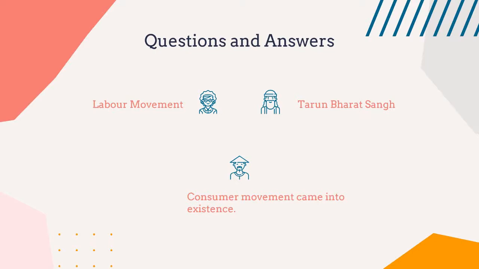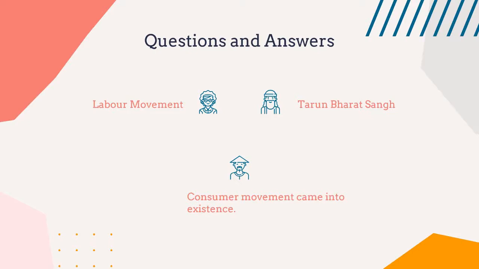The next short note is the Tarun Bharat Sangh. So we look at Dr. Rajendra Singh, who is also known as the Waterman of India, and formed an organization known as the Tarun Bharat Sangh, which specifically worked for building 11,000 johads in hundreds of villages in Rajasthan state. We also looked at how, all over India, he started a campaign for water conservation, revival of rivers, forest conservation, and wildlife protection, etc.